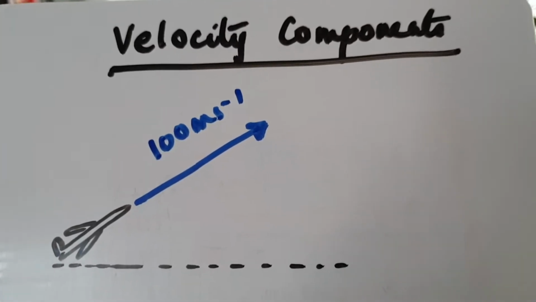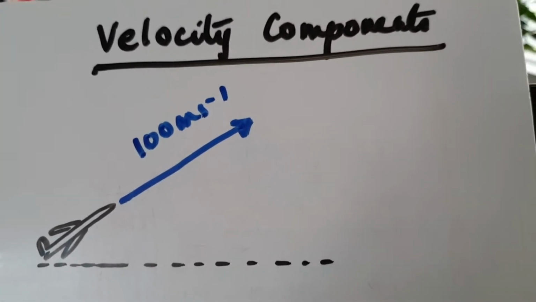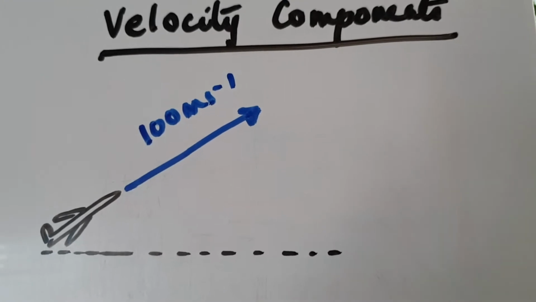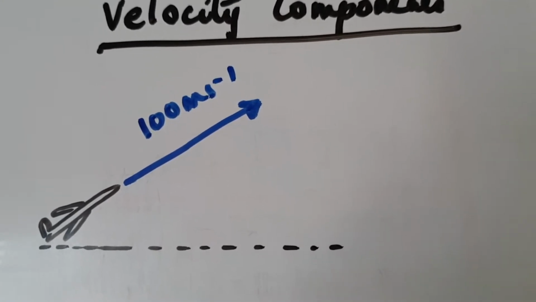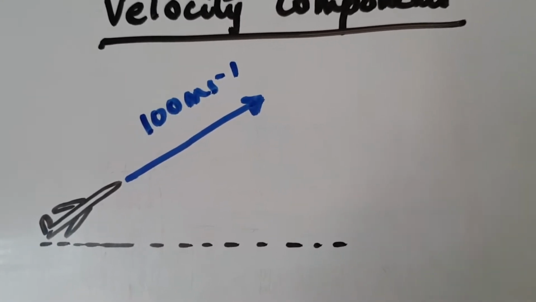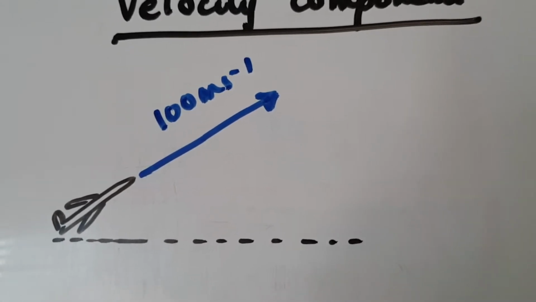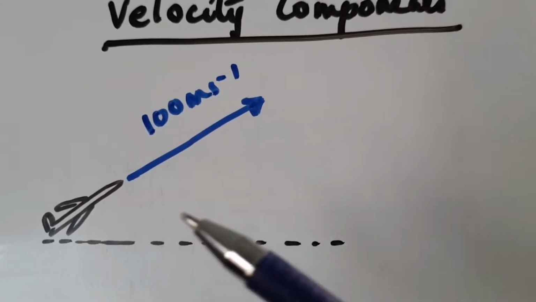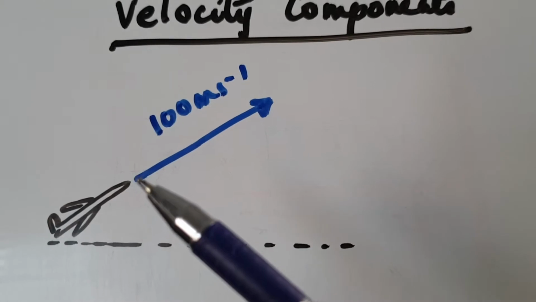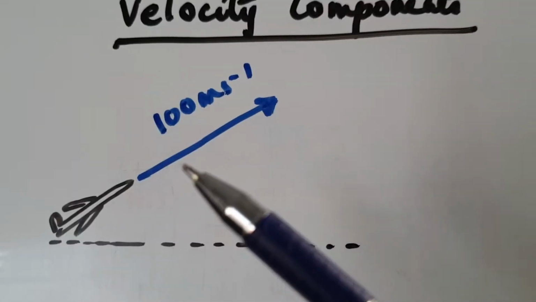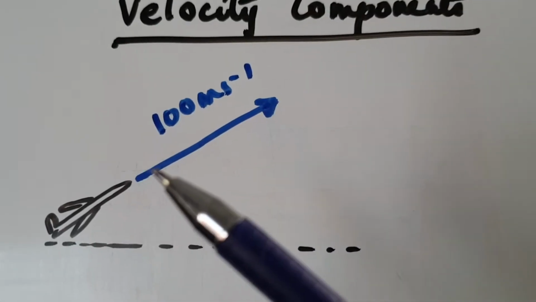Everybody. So today's lesson is about velocity components, and to explain this I thought I would use the example of a plane that is taking off from the runway. So this diagram shows an aircraft that is taking off, and let's say the velocity of that aircraft is 100